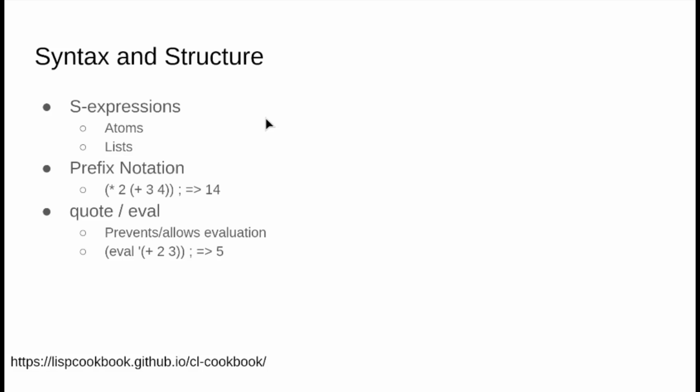So a little bit about syntax and structure. All of Lisp is composed of what are called S expressions, and these are basically just nested list data. And S expressions themselves are composed of atoms and lists, where atoms are things like numbers, strings, symbols. Symbols are kind of like enums, or they're kind of like in Prolog what are called atoms. It's a little bit confusing.